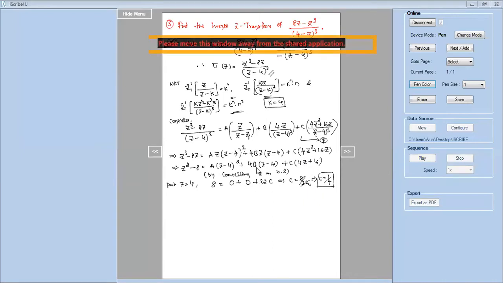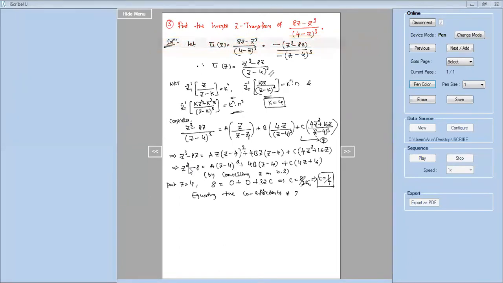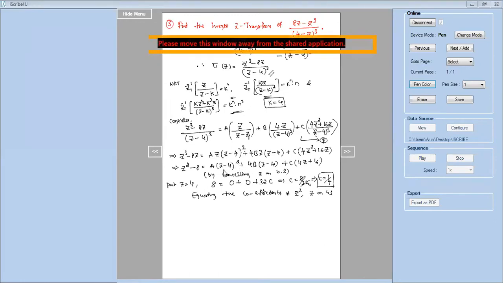Now I want to find the value of A and B. To find the value of A and B, I can equate the coefficients of highest degree terms on both sides. You can see here, if I expand, we get z square. So let us start equating the coefficients of first z square and z on both sides. Since I want to find two constants here, a and b, so starting from highest degree, I'll equate highest degree is z square. So z square and its next term z. So let us equate it on both sides.